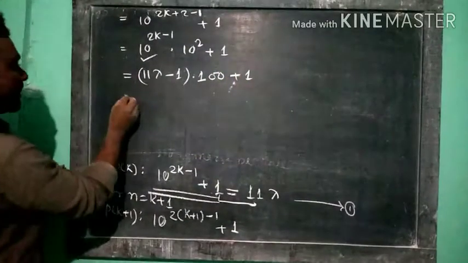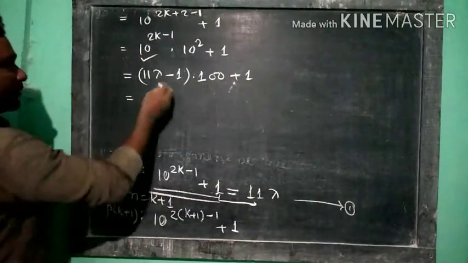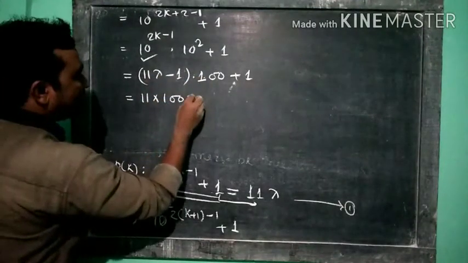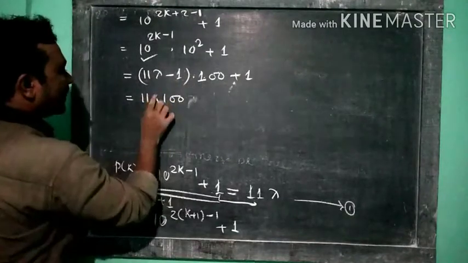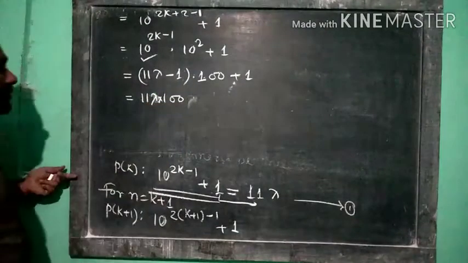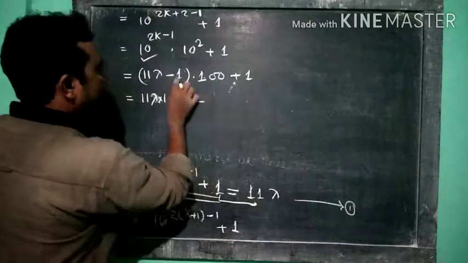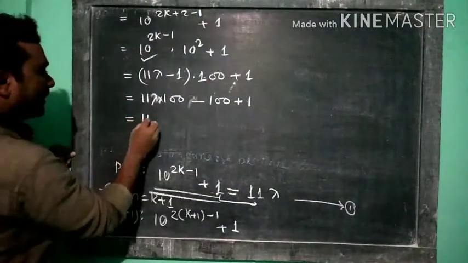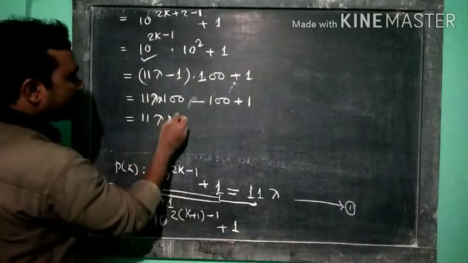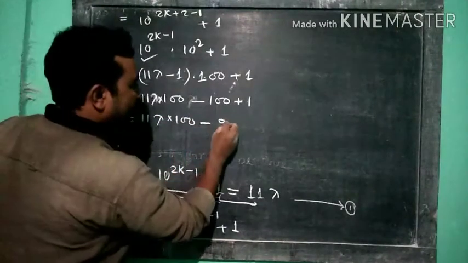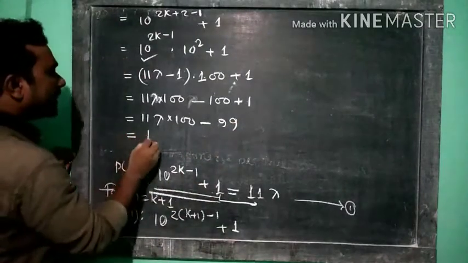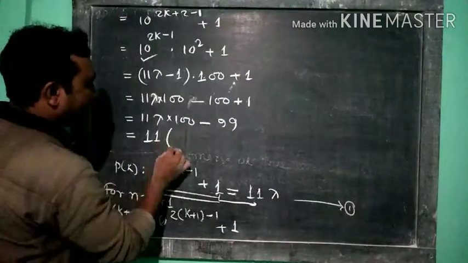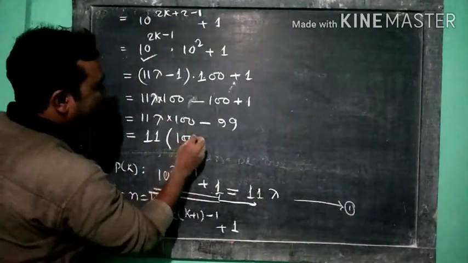If we multiply, we get 11 lambda into 100, minus 100, plus 1. So this is equal to 11 lambda into 100 minus 99. Taking 11 common from these two terms, we get